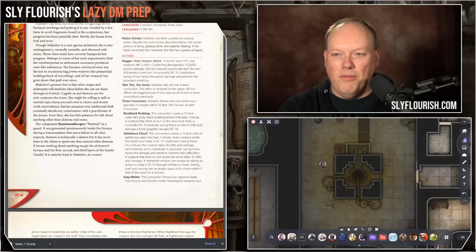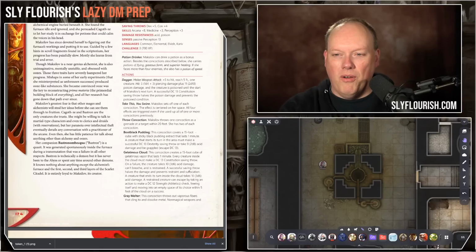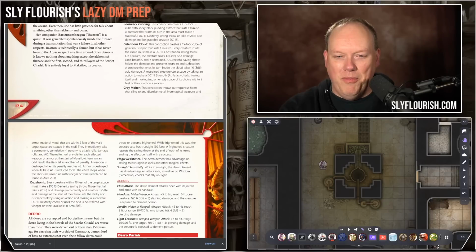She sets off 1 of each concoction. The effect is centered on her space. All 4 effects are triggered even if she uses up 1 or more of the concoctions. Man, that's terrible. So she can blow up. Ooze bomb. Each creature within 10 feet of the target space must make a DC 13 save throw. So it has to add 7 acid immediately, then 3 acid damage at the start of each of their turns until the sticky acid is scraped off by using